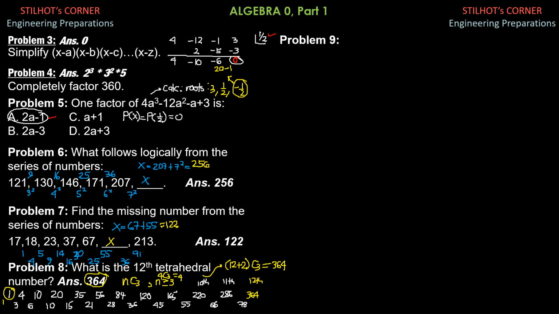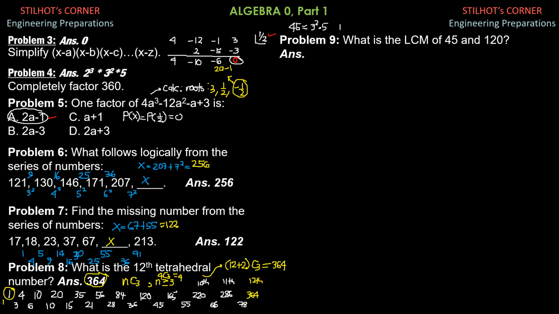So for the next problem, what is the LCM of 45 and 120? So remember that for LCM, we factor completely each number, and the LCM is the product of the different prime factors with the highest exponent. So 45 is 9 times 5, and 9 is 3 squared, so this is 3 squared times 5.